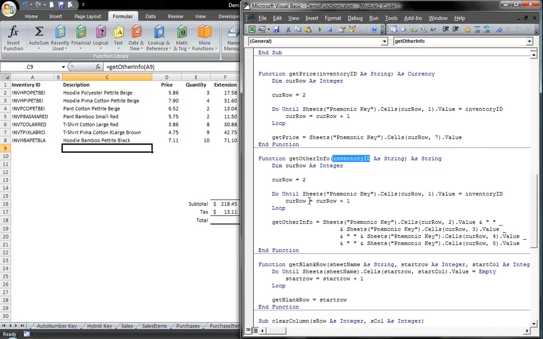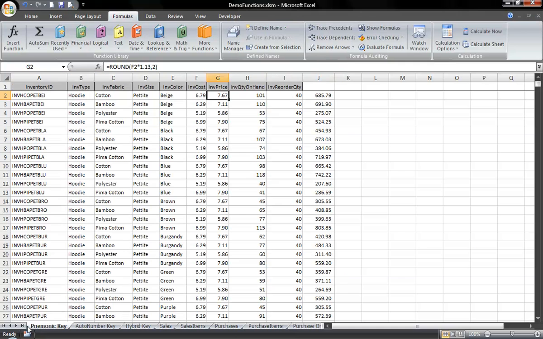And it's going to read that sheet starting in row 2, column 1, until the value in the row I'm on, column 1, is equal to the inventory ID that got passed into this function, and it's going to keep looping down until it finds a match. So we have here, this is the mnemonic key. Let me stretch this out just a little bit. This is our mnemonic key,